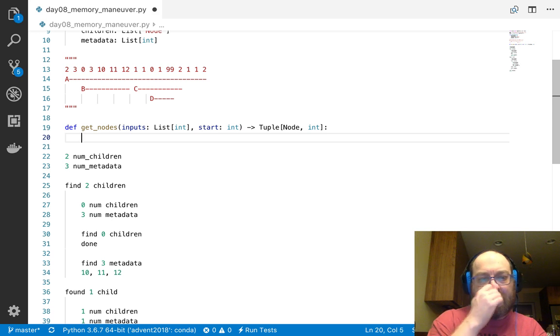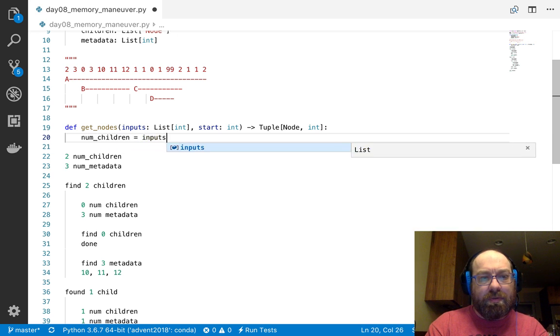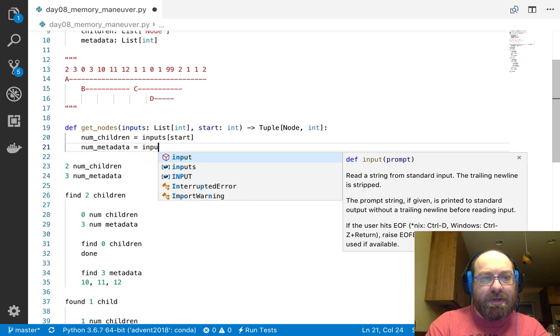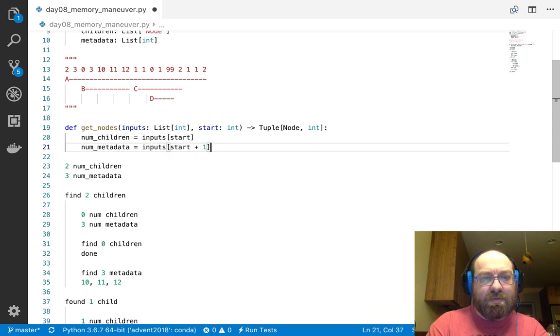And so this is going to be the tricky thing to juggle, is that I want to say num children equals inputs start, num metadata equals inputs start plus 1,